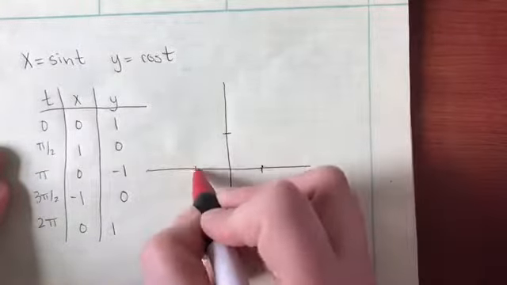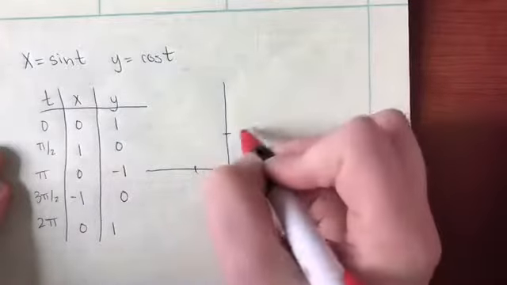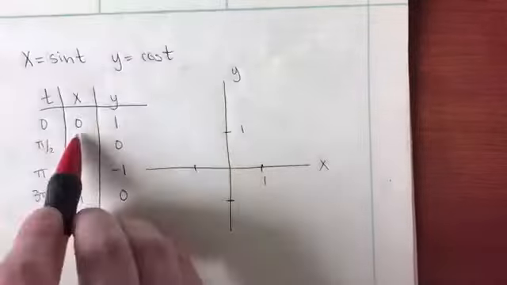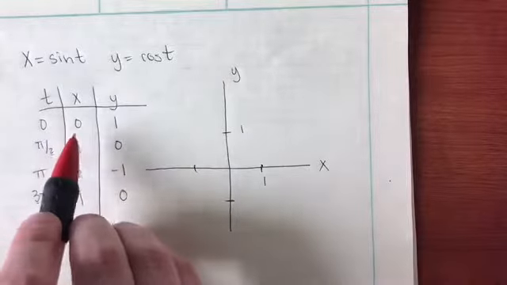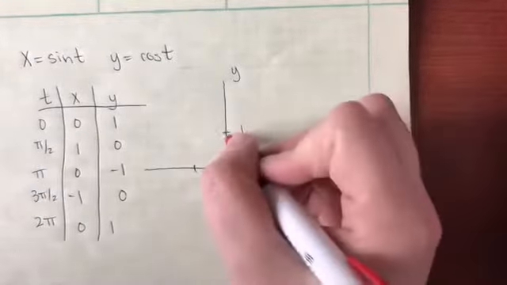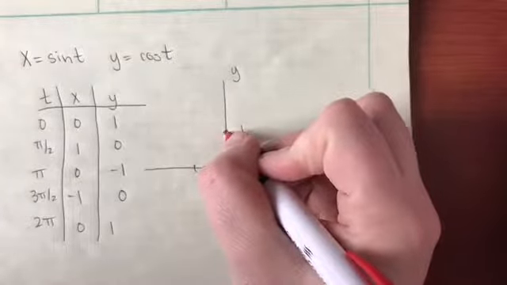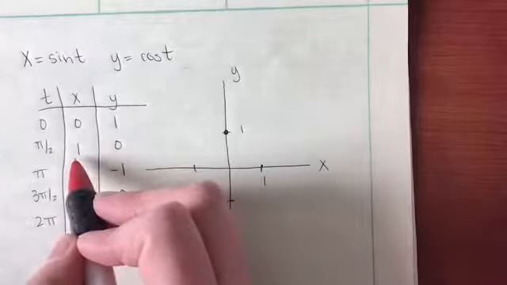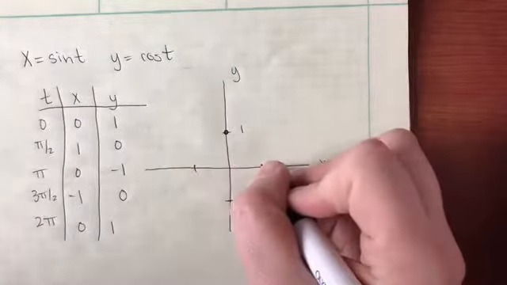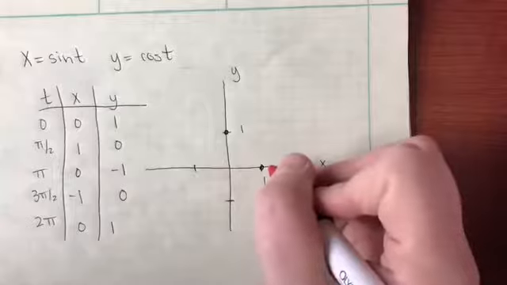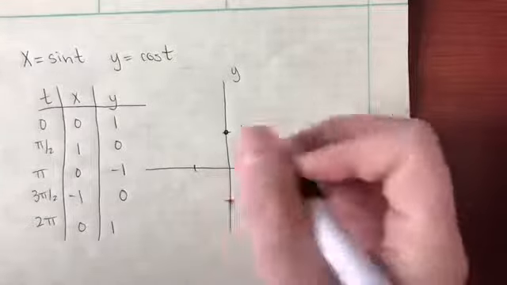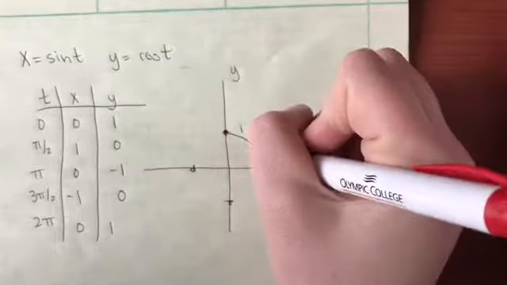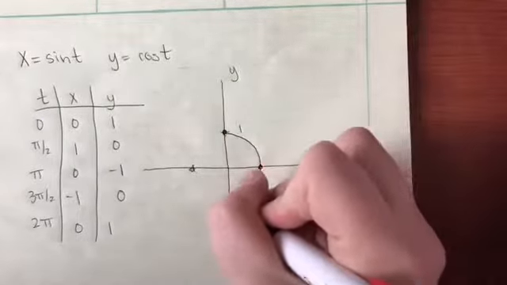Now if I were to plot this, I would be looking at something along these lines. If this is x and y, I'm going to start here at the point (0, 1). So x is 0 and y is 1. My first point would be right there. My next point would be (1, 0), so x is 1 and y is 0. And then I would have (0, -1), then (-1, 0), and back to (0, 1). Okay, I'm going to go ahead and connect those. It should make a circle.